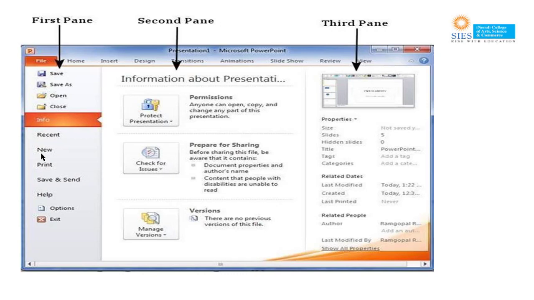Then save and send, it will allow you to share your presentation with a larger audience via emails, web, cloud services, etc. Next is help, it will provide access to the PowerPoint help. Options, allows you to set various options related to the PowerPoint program. And last one is exit, closes the presentation and exits the program.